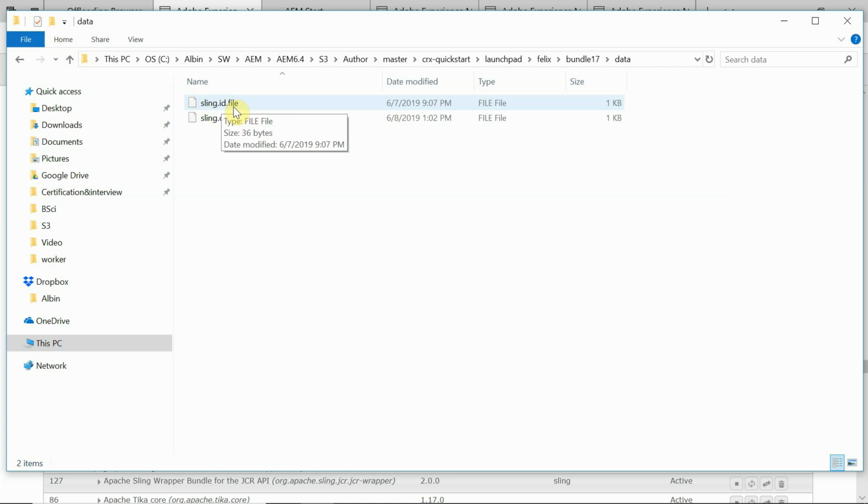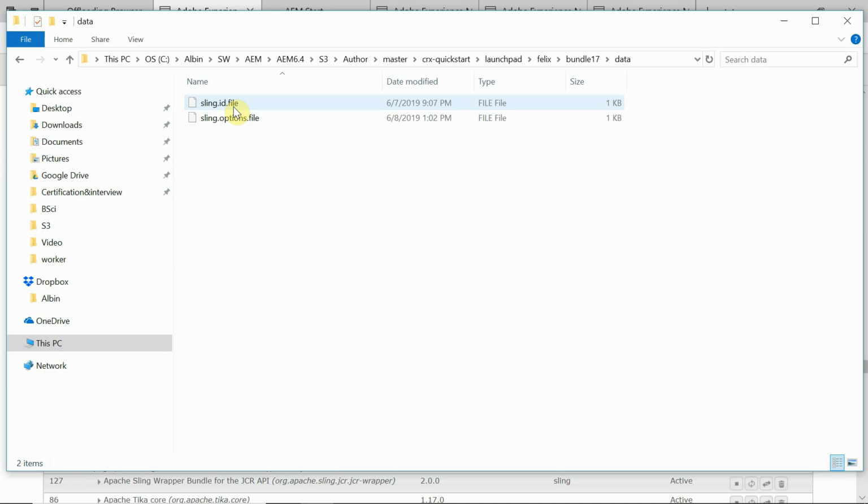Okay, in this video now further we can see how to enable the AEM asset offloading. That is one scenario for this job offloading. You can even offload all types of jobs, and you can even create custom jobs to offload. But here we are going to focus on how to enable the asset offloading, asset workflow processing, to the worker server. Okay, what is the benefit of doing that?